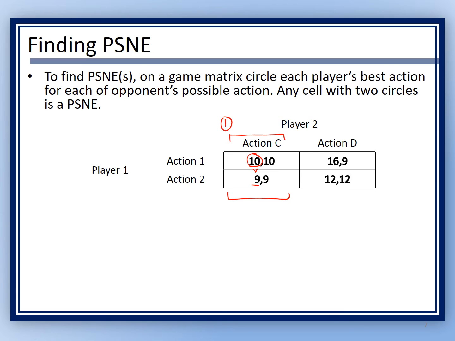Right? So if player 2 chooses action C, player 1 is going to choose action 1 because that gives him a higher payoff. Next, we're going to move on to